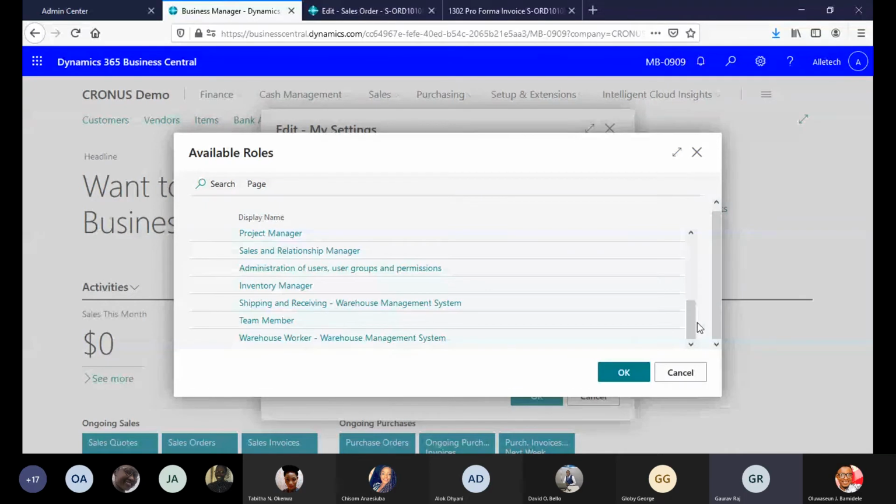So that is the workflow based approval. The third thing is permissions. Unless we have given the permissions for somebody to post an entry in the system, it could be view, it could be edit, meaning write. So for example, I am posting an invoice, a sales invoice to a customer,